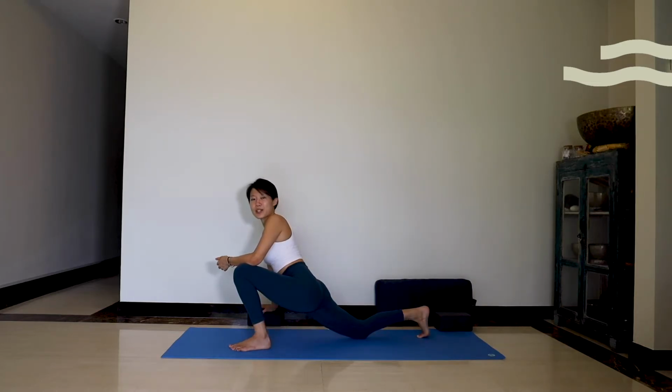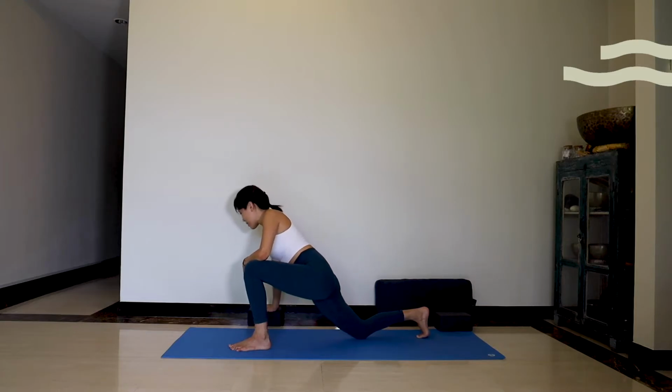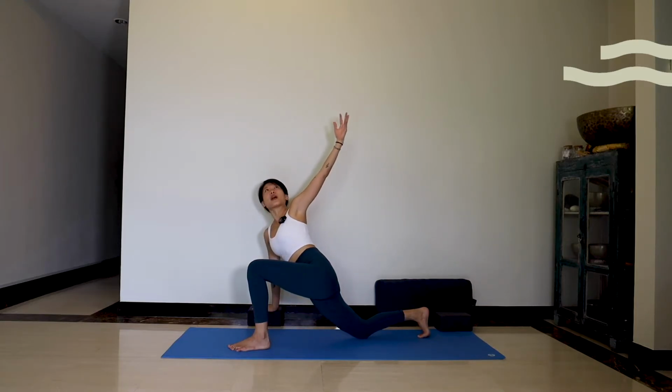Always choose what's best for you. Listen to your body. Take time. You can move a little bit slower. Pay attention to that inner guide or the inner wisdom and decide how you want to place your body and also your props. From here, inhale, left hand will go up towards the ceiling, feeling that opening through the front